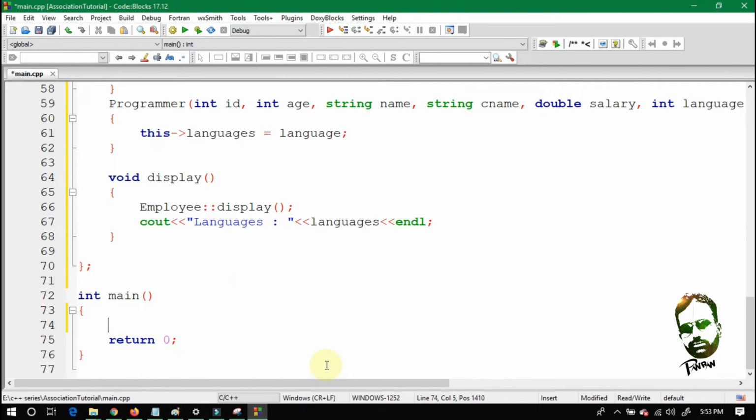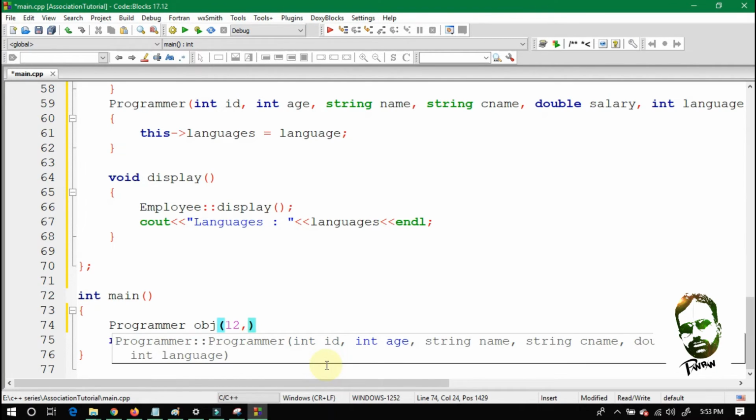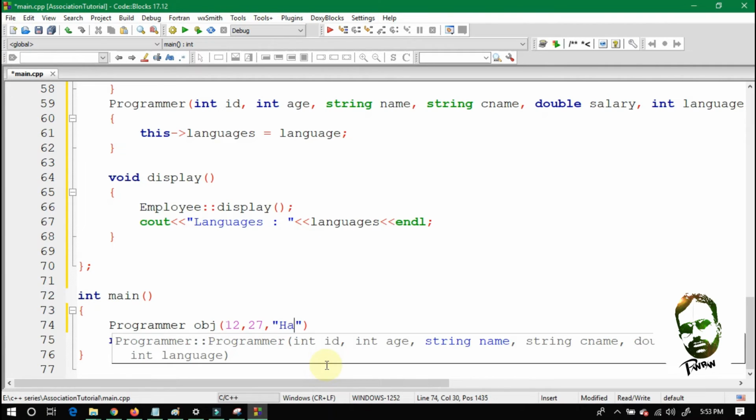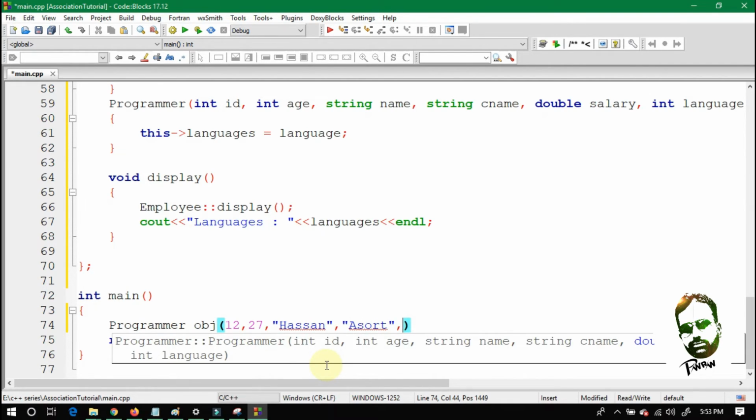So in the main function, we will declare a programmer object, and we will pass information to this method. Let's suppose ID is 12, his age is 27, his name is let's suppose Hassan, his company name is let's suppose Assort, his salary is 25,000, and he knows three languages.